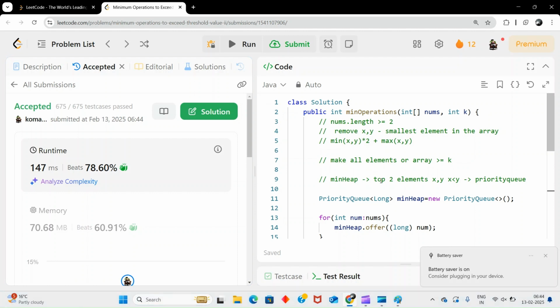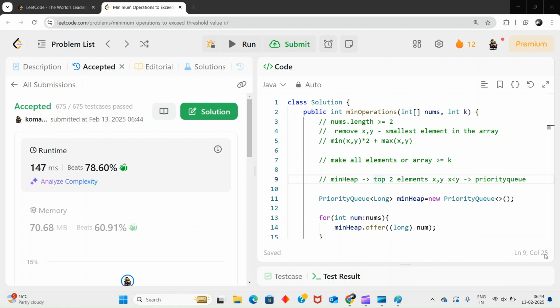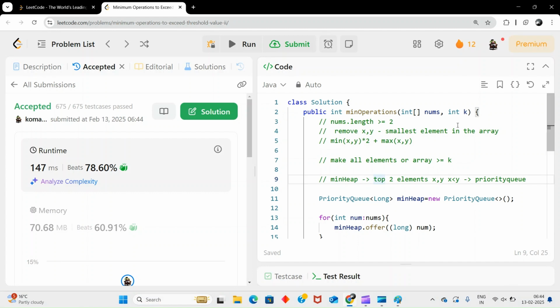If you want a detailed video on min heap and max heap, not just the priority queue, I can explain in detail the implementation: if you insert, where it will be inserted, and how that heap will be constructed again. If you remove the first element, the last element is copied and placed at first, and then the reconstruction is done. If you want to learn, please let me know in the comment section. I will create a detailed video on heap: min heap, max heap, and also priority queue if you want.